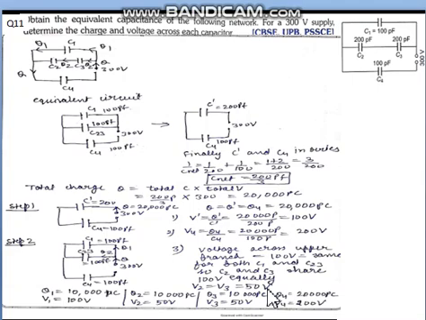So this way, applying all those ideas of series and parallel, we have to do the calculations, and at last we are listing down this data which we have obtained throughout the question. So we have to write Q1 V1, Q2 V2, Q3 V3 and Q4 V4 answers. You can pause the video to understand a particular part of the solution carefully, and in case of any doubt you can ask the question.